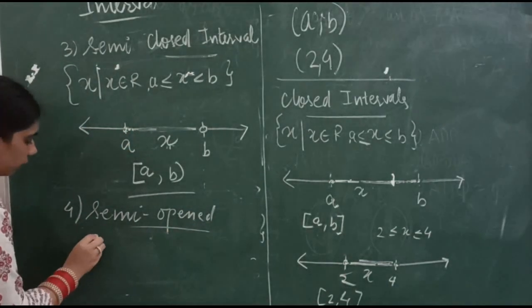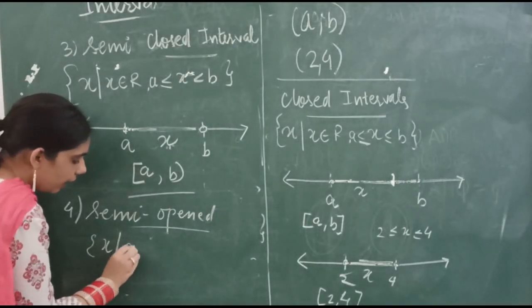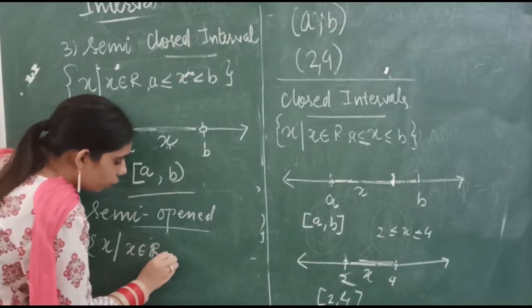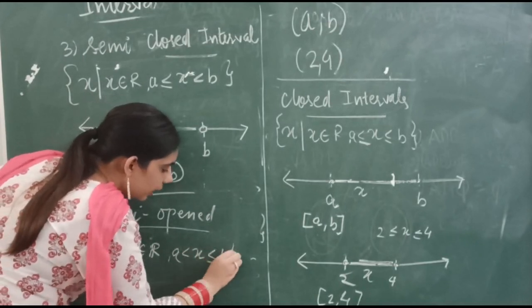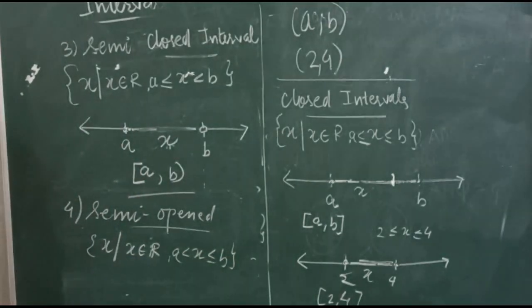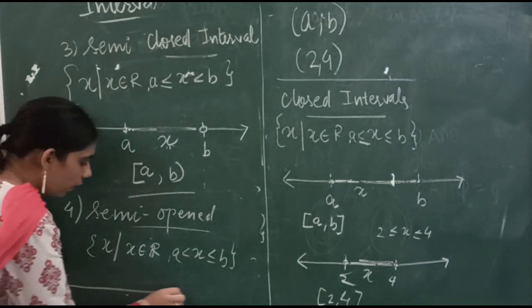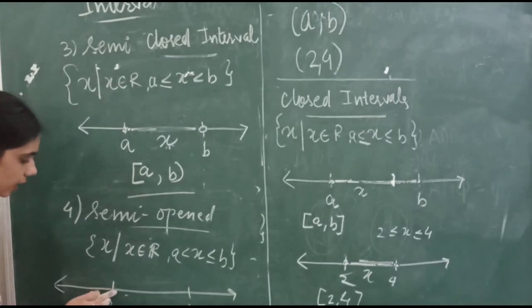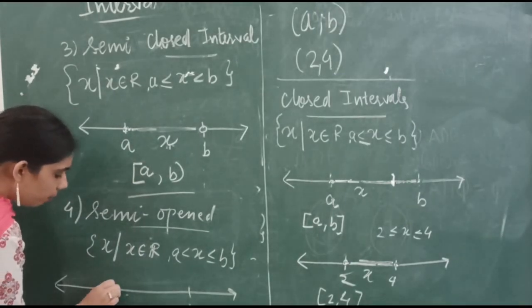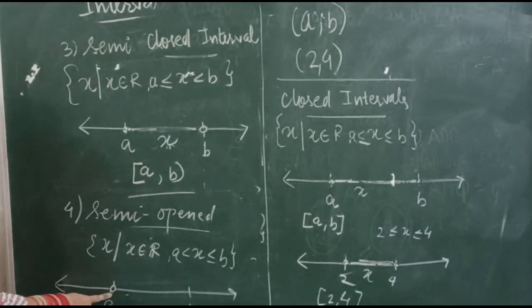Semi-open means x such that x belongs to R. वो फर्स्ट वाले नंबर से तो ओपन है लेकिन जो सेकंड नंबर है उससे वो क्लोज्ड है. And now I think you all know how to represent this. यहाँ से ये ओपन है तो I will simply put an empty dot here